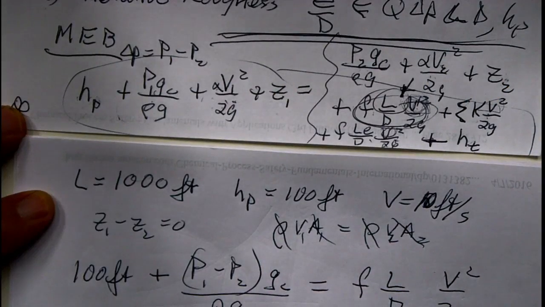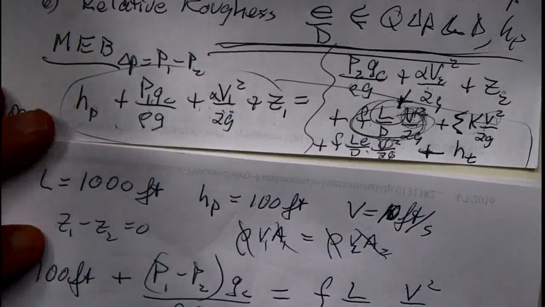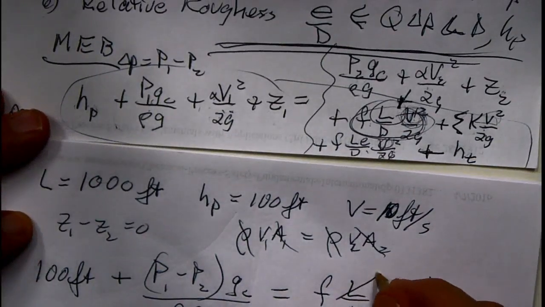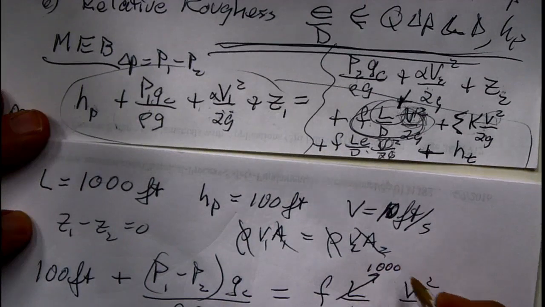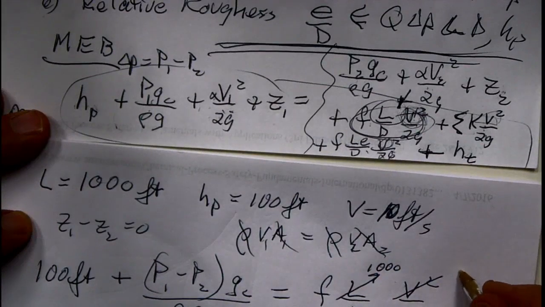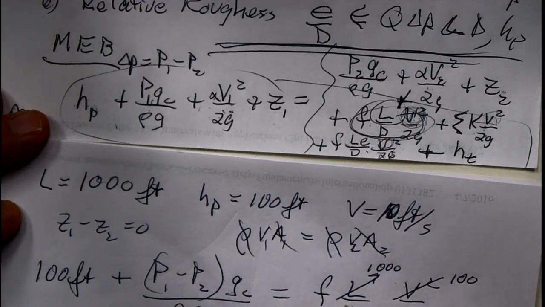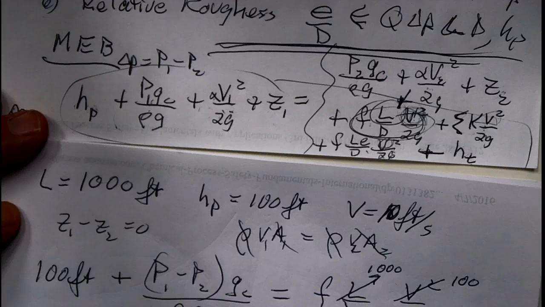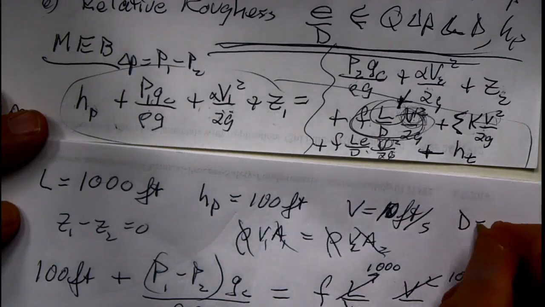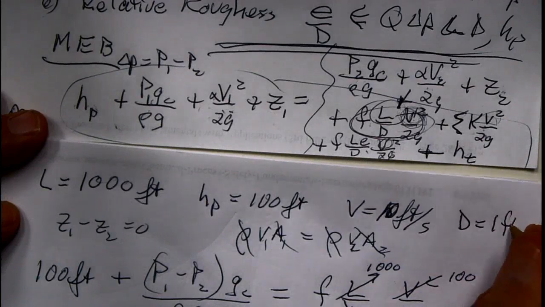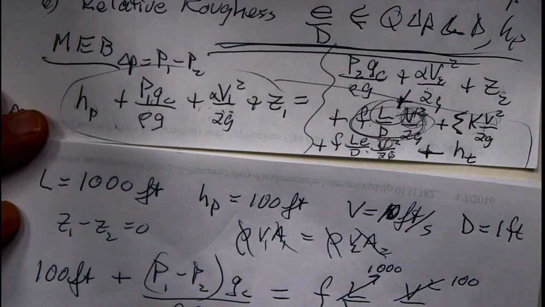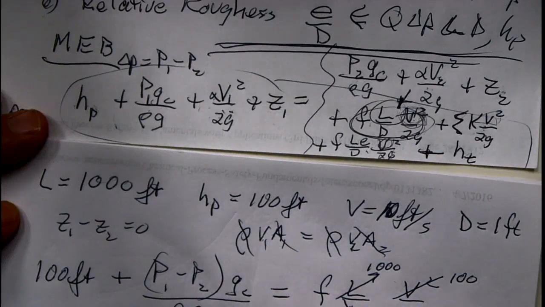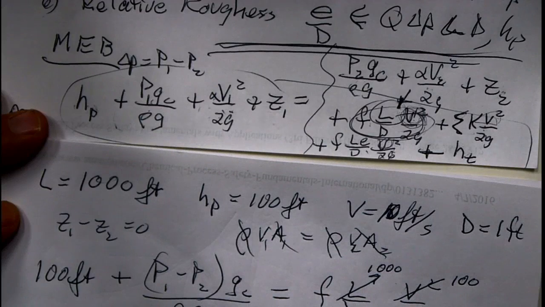Now then, I throw in 1,000 there, and this is 10 squared there, so that's 100. And the diameter I never got around to specifying. So let's just for fun choose a really simple number, 1 foot. So when I clear this thing up, I have my friction factor times